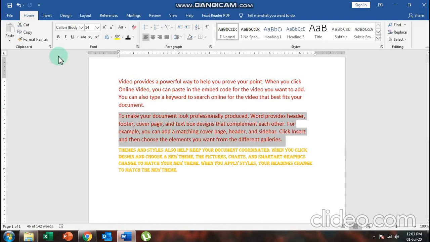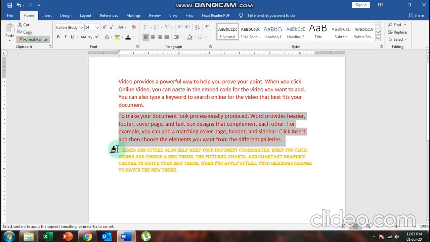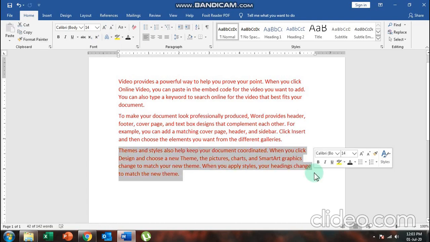Now I'll choose the whole second paragraph, which is selected. I'll choose the Format Painter button over here. I'll take it to the third paragraph. You see the brush sign beside the cursor. Start selecting the third paragraph fully and release the cursor. It will be a uniform document. So this is how Format Painter works. You choose a source, click on the Format Painter, you click on the destination option.